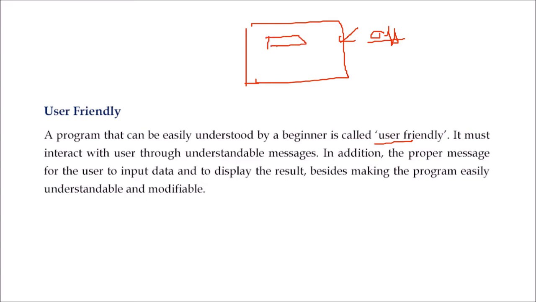Everything should be clean. Everything should be very obvious, intuitive. It means if something comes up, the software or the program should give a proper message that your input is wrong, or you must do this, you must do that. It should be self-propagating or flowing. If your user loves it, then your program is good. If you have made a very, very good effort but the user friendliness is not there, then your software or program is of no use.